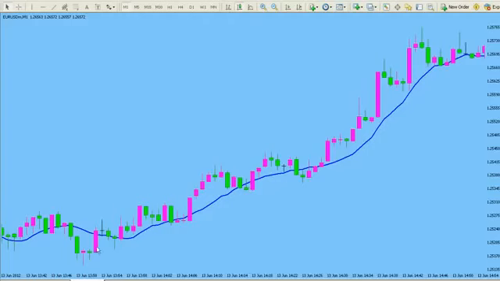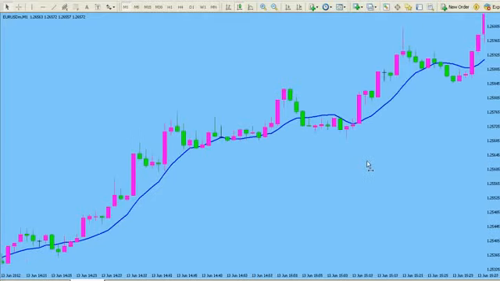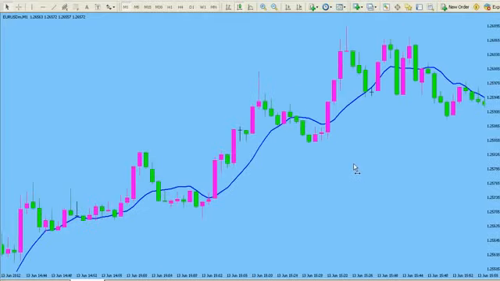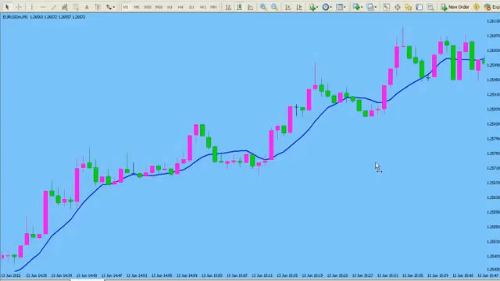But on a larger time frame, what you'll note is the market is already moving in a bullish fashion, and this is a market that has a little bit more liquidity in it, as you can see. So you're looking to take trades in harmony with that overall trend, and this doesn't look like a whole lot